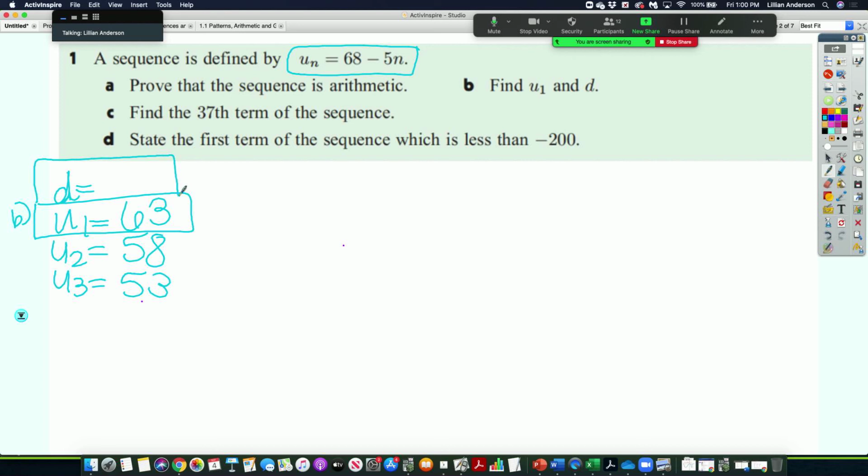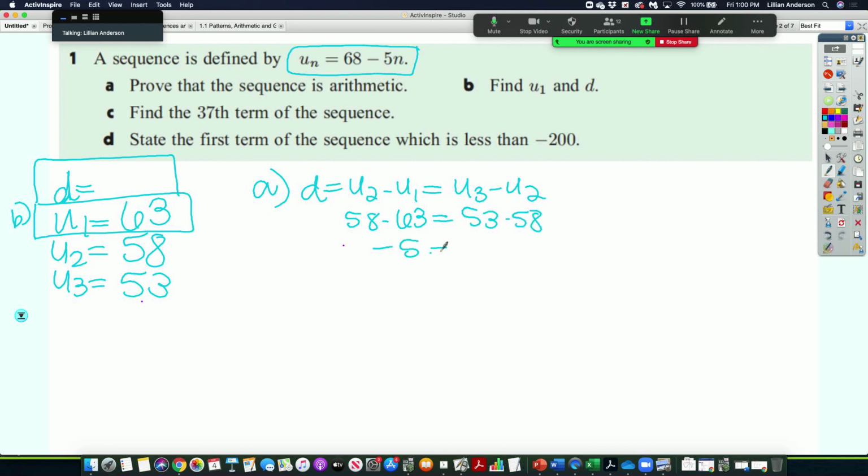But now I need to prove that it's arithmetic. Proving is like a show problem. Show that the common difference when you subtract your second term from your first term is the same thing as if you did your third term from your second term. So that's 58 minus 63 should be equal to 53 minus 58. And we get -5 here as well as -5. Therefore,